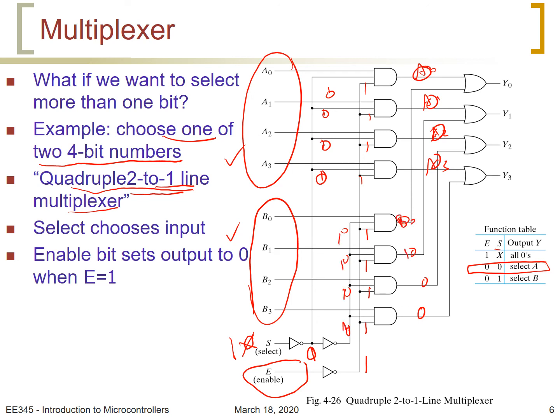So this is 1, 1, 1, 1, and the B0 will be here, B1 here, B2 here, and B3 here, and Y will be equal to B. On the other hand, finally, if the E is 1, notice if E is 1 here, this will be 0, and 0 will be given to the inputs of all AND gates, and therefore all outputs will be zeros, and we say that nothing is selected. So this is how we can construct a multiplexer to choose one of